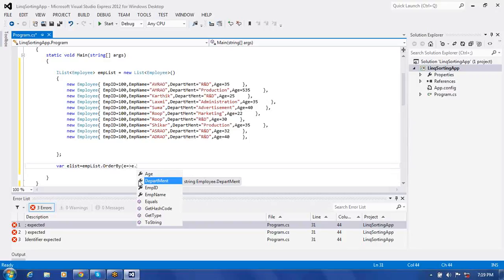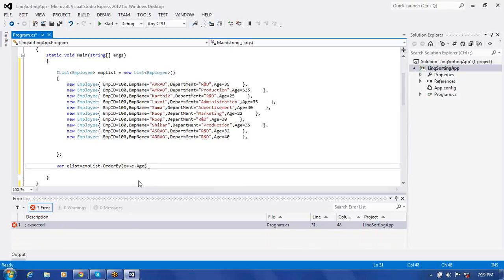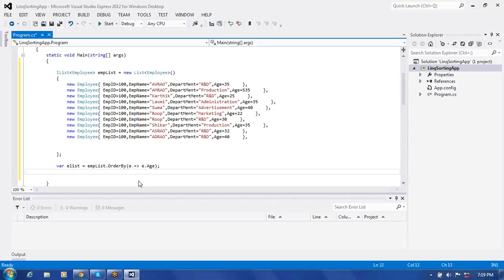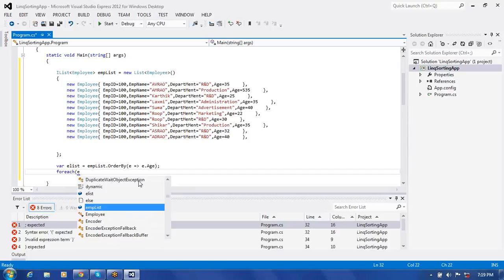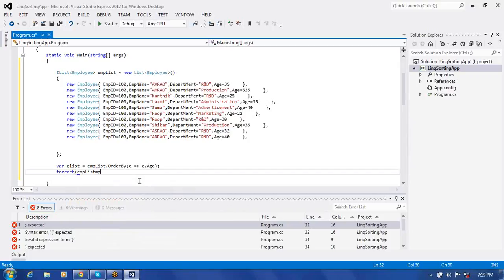what we take exactly, age we use. Based on the age we are trying to sort this data. OrderBy we use it like this, we are trying to sort it in the ascending order, and this data is going to be done for us. Use foreach, then inside this, EMP for each,